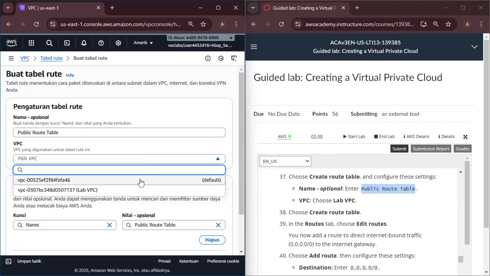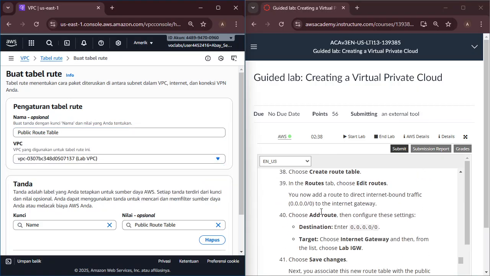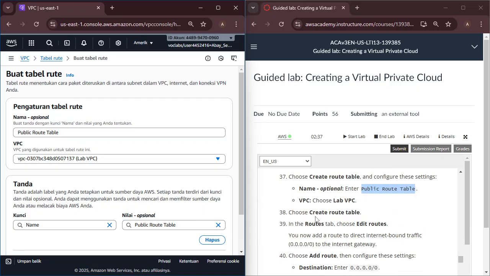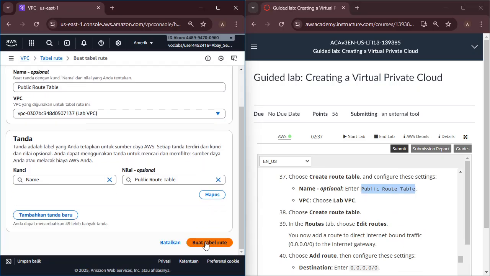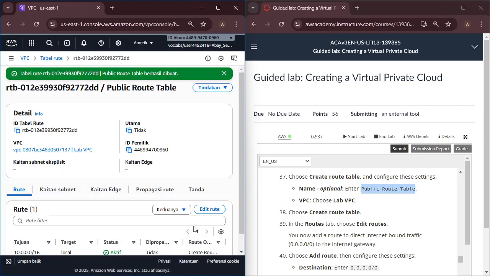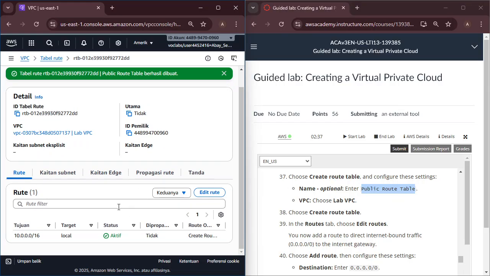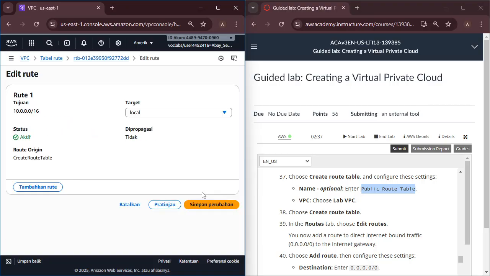Choose the VPC. Choose Create route table. And I have done creating the route table. We choose the Routes tab, and Edit routes.